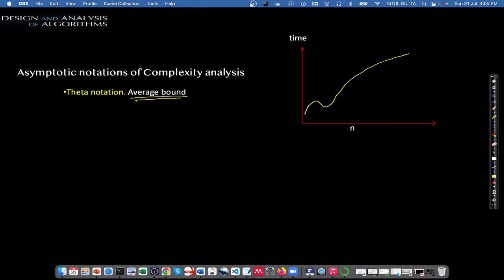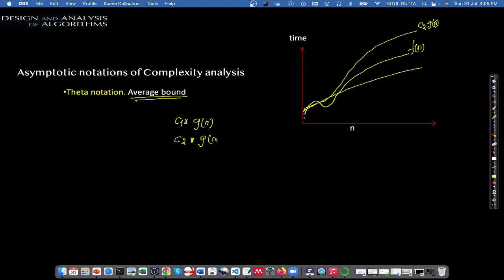Now we have to find a function g(n) in such a way that if we multiply g(n) with c1, then it gives the lower bound of this function f(n). And if we multiply the same function g(n) with another constant c2, then this function gives the upper bound to this function. So here this is c2 g(n)